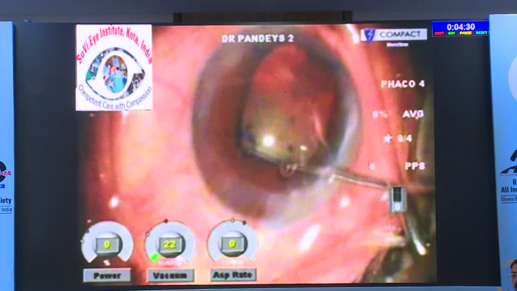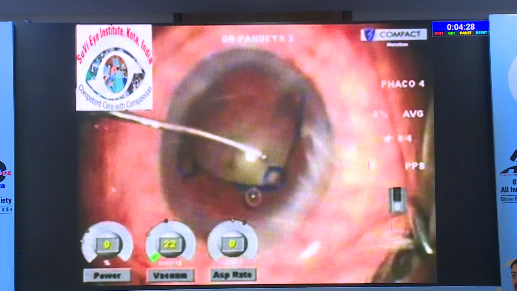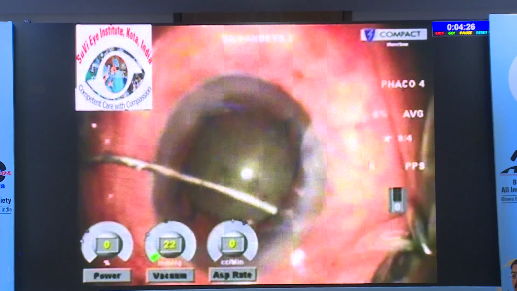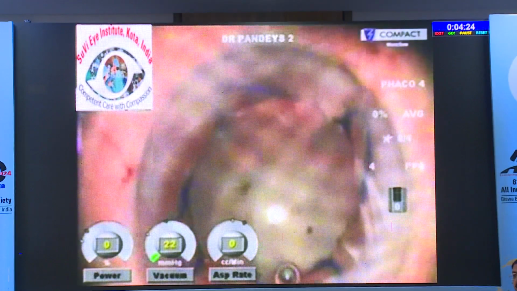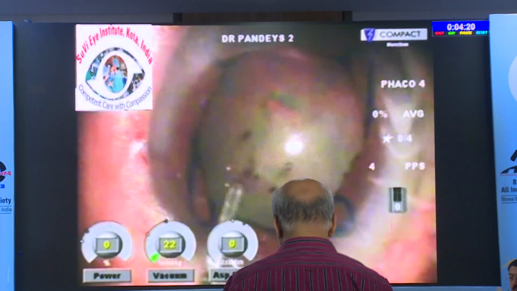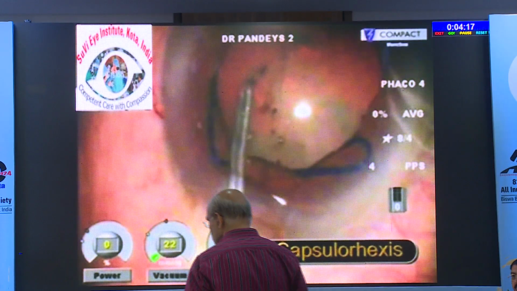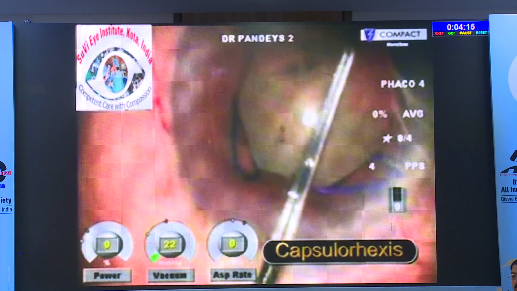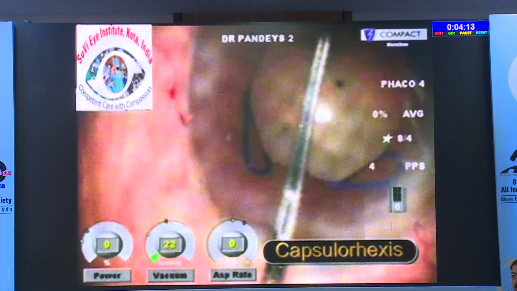It gives a gentle and uniform enlargement of the pupil, and then we can proceed for the capsulorhexis. Once an adequate size capsulorhexis is done,